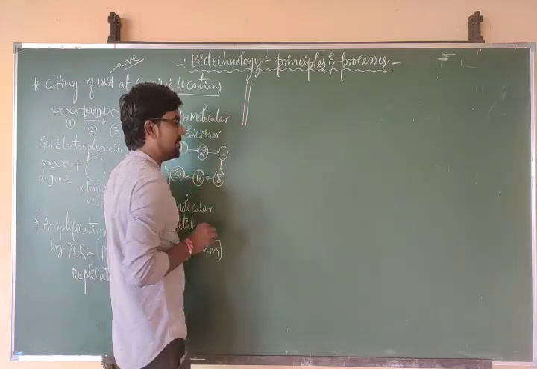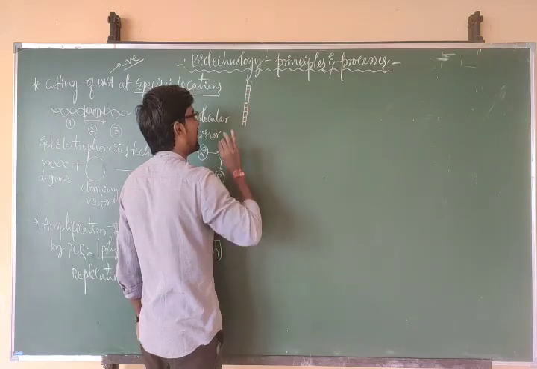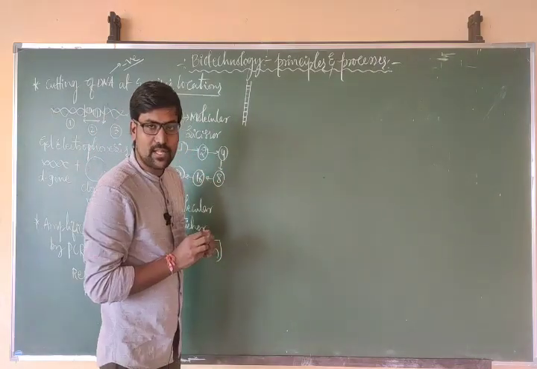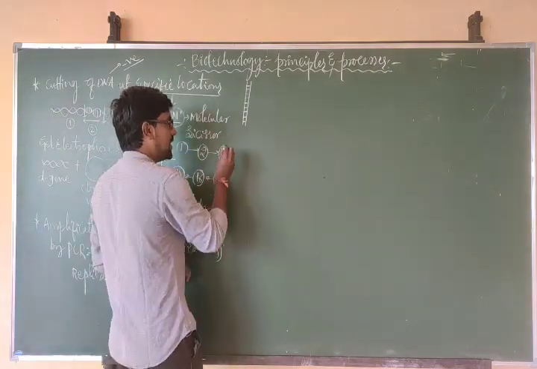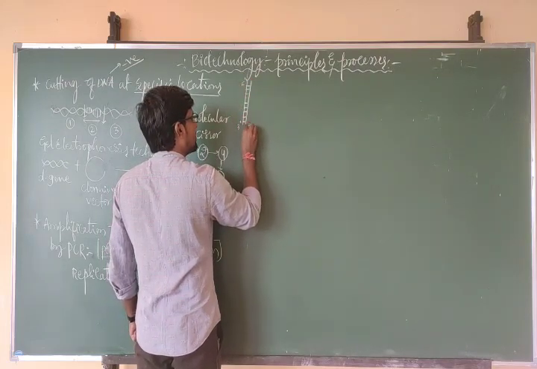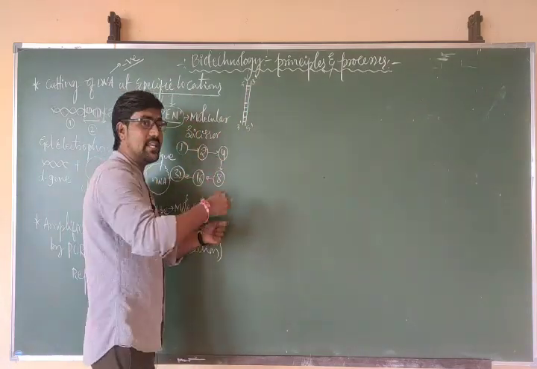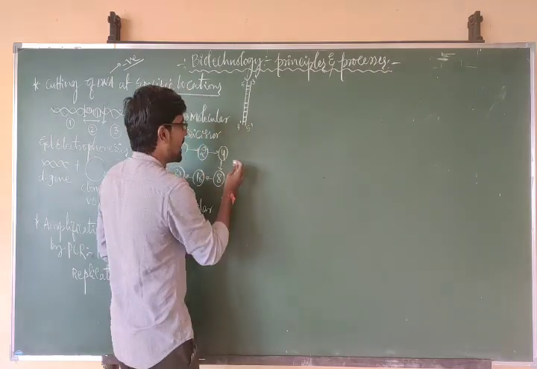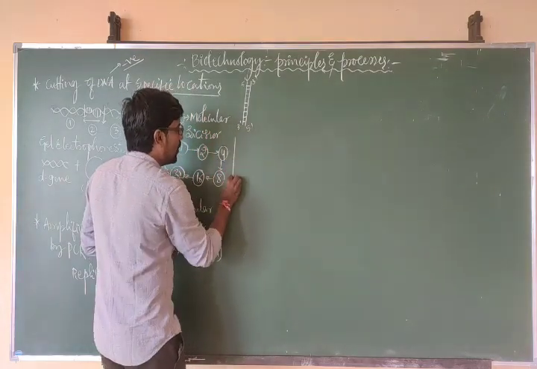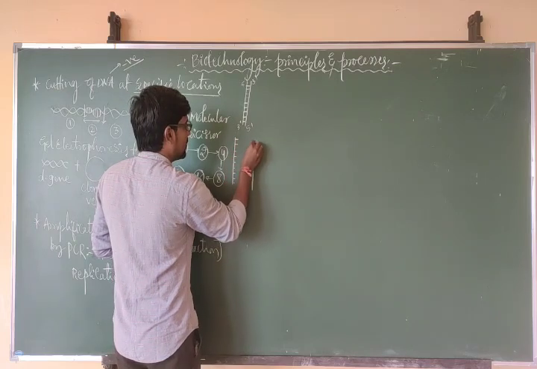We have a double stranded DNA. So this is the DNA. Imagine this DNA I have considered here. Let me imagine this side is 3 dash and this side 5 dash, and this side 5 dash and this side 3 dash. Two strands we have. When the DNA is undergoing replication, at that time the double strands will separate into single strands. Now both the DNA strands will be separated like this.